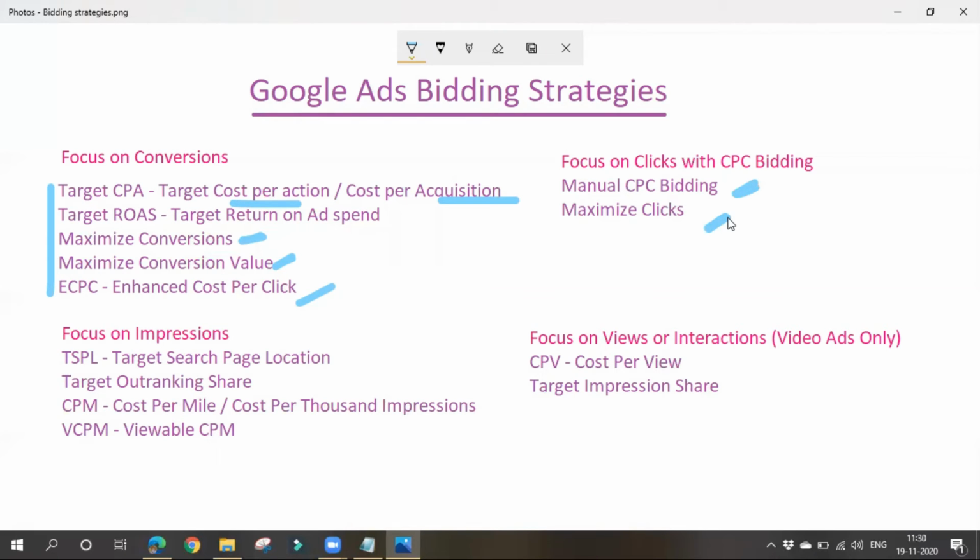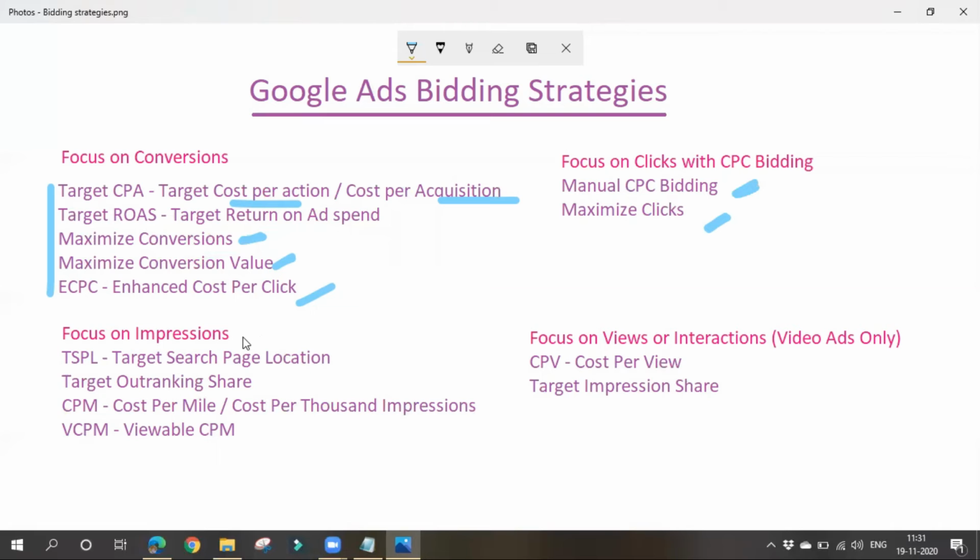If your competitor is keeping 2,000 rupees, you can't compete with them anyway. So within your budget, Google Ads will automatically manage your bid amounts to bring you the most possible clicks. This is known as maximize clicks bidding strategy.